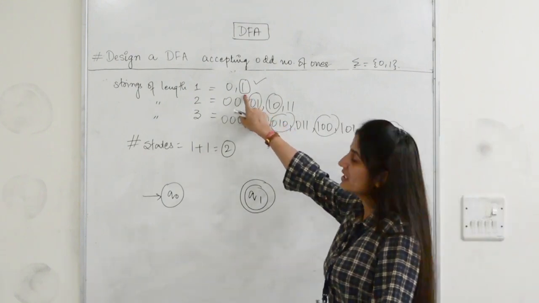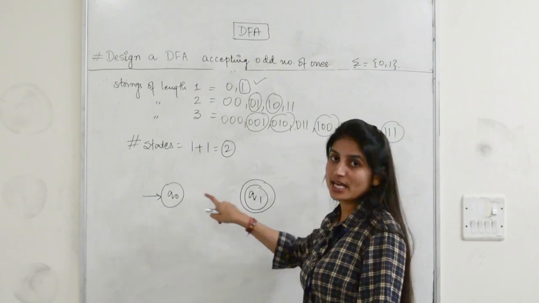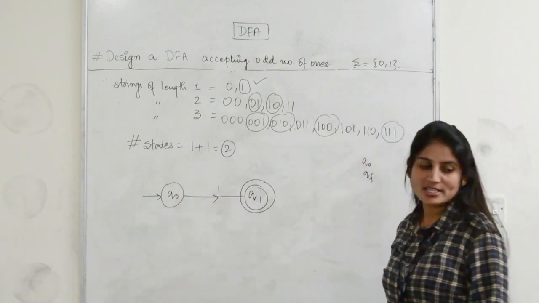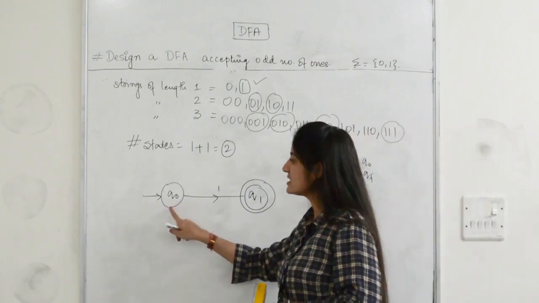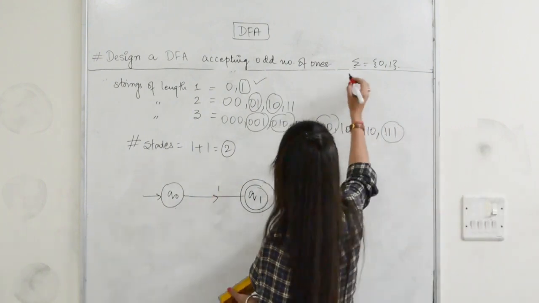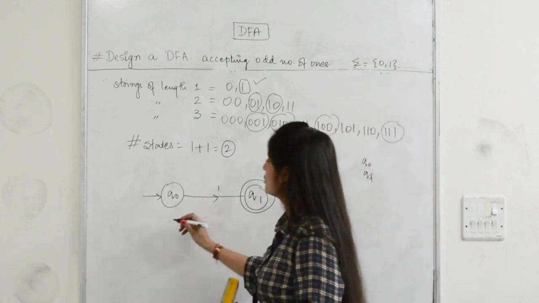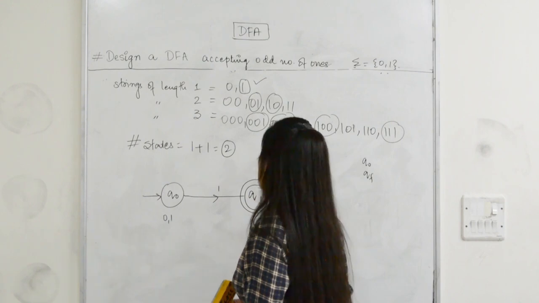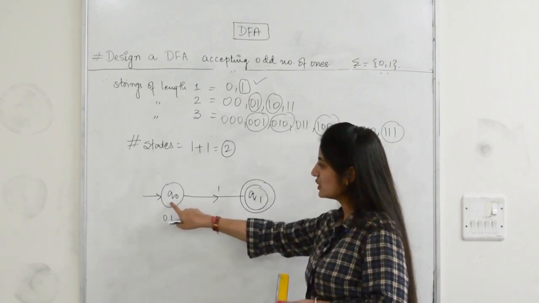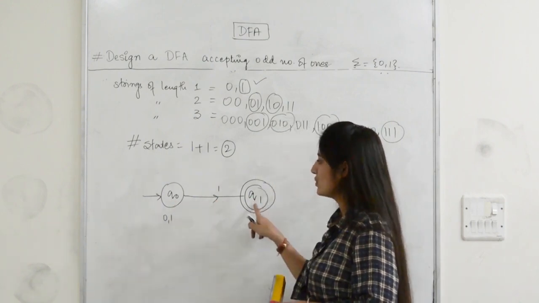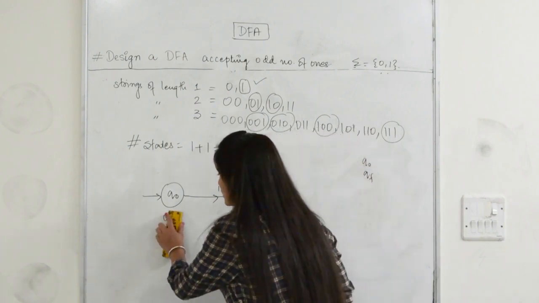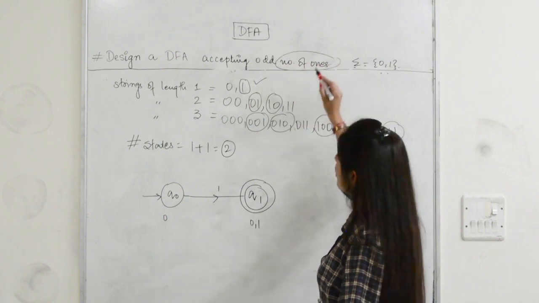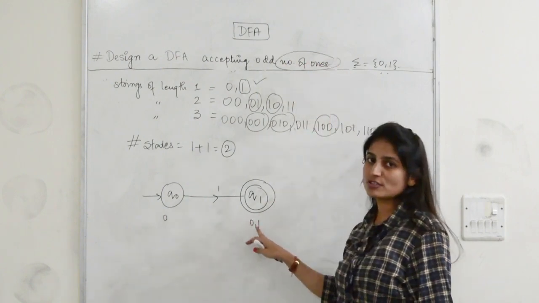Now the minimum length string will be input on the initial state and it has to reach the final state. So we can say that 1 is being accepted here. Now, as I have told you earlier, for every state I have to make the transition for the input alphabet 0 and 1. Similarly, for this state Q0, on 1 it reaches Q1. So we are done with this transition. Our question is focusing on number of ones, so we will first make the transitions for ones.